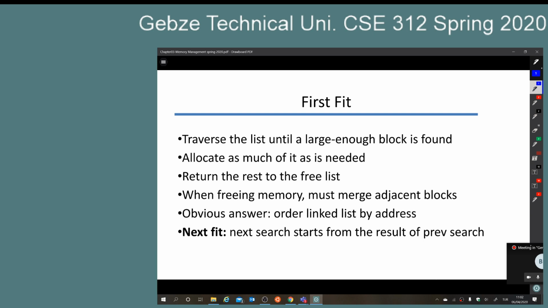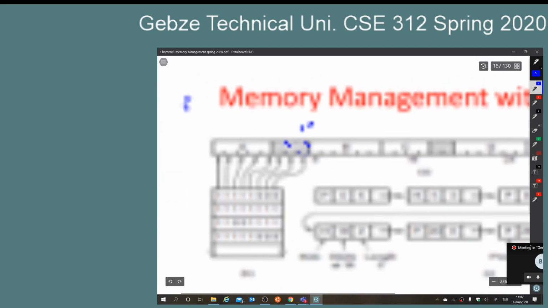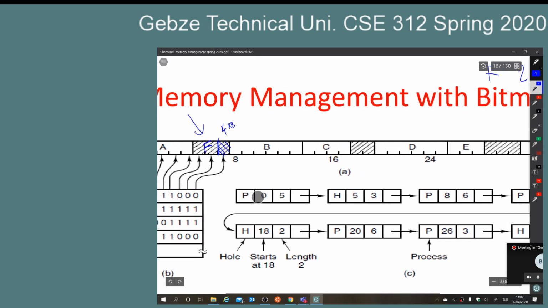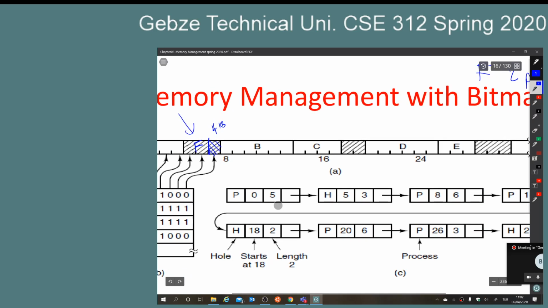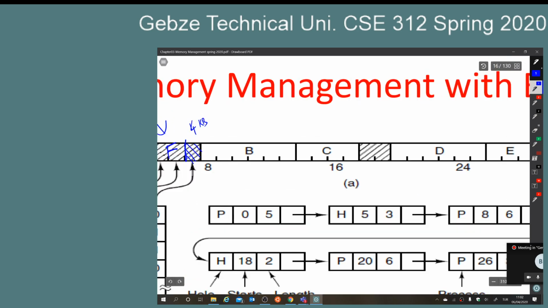So if you use first fit with the next fit heuristic or the policy, this is what you do. You're gonna do next fit. Last time I used this spot. In my next memory search procedure, I will not start from the beginning, but I will start from this position. Remember, this became okay. Let's draw this one. This one went away, and I have